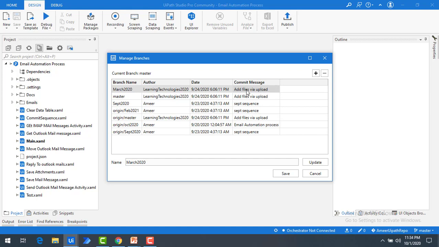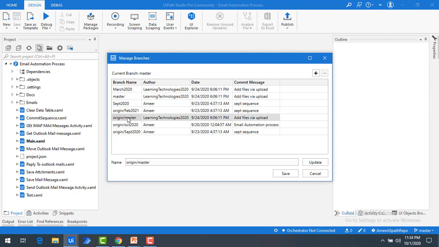The same commit message you will find under the March 2020 branch, because I have created this branch from the master. That's the reason all the changes are applied over here on March 2020, and then you can go ahead and work from there onwards without disturbing the master branch. All right. Now, if you see over here, I have created it from my local.